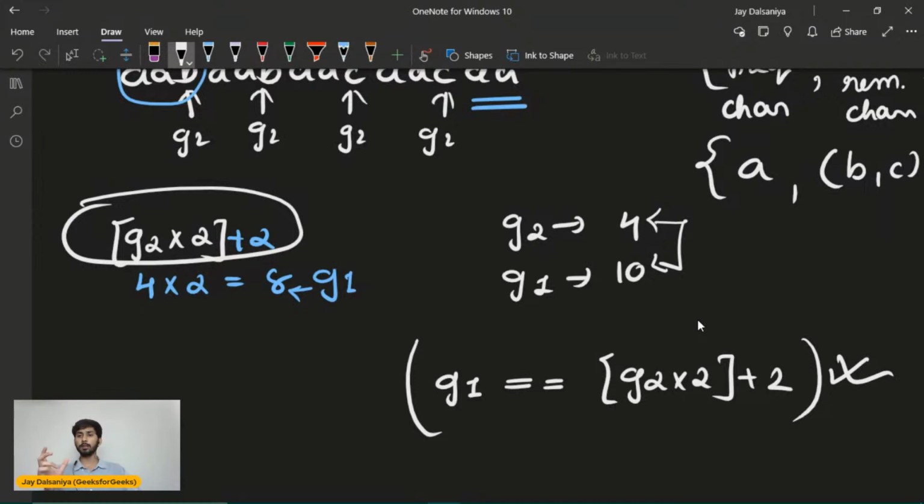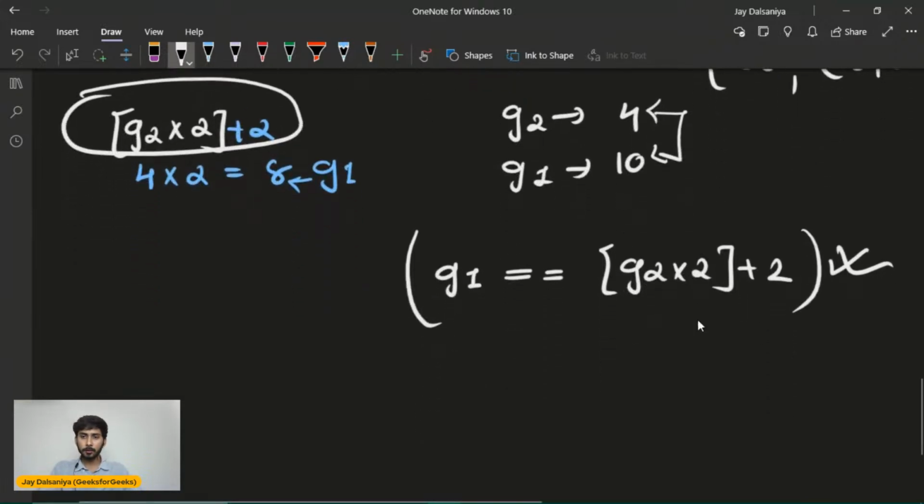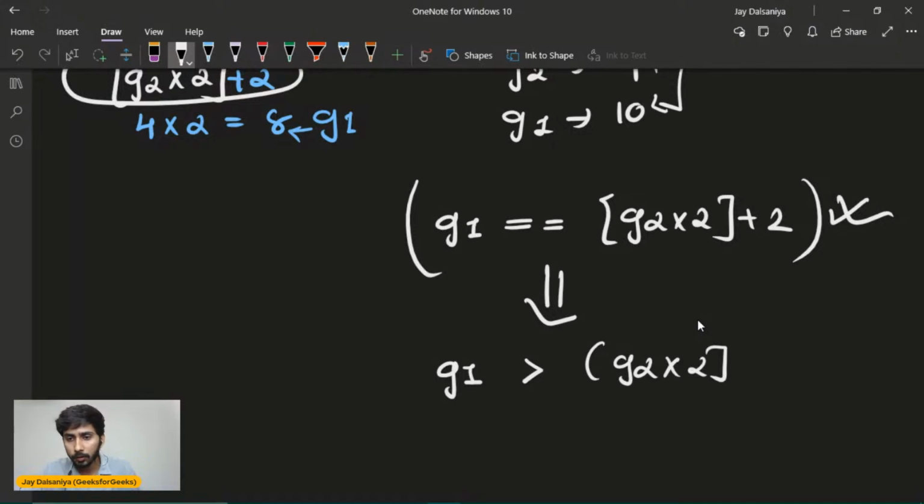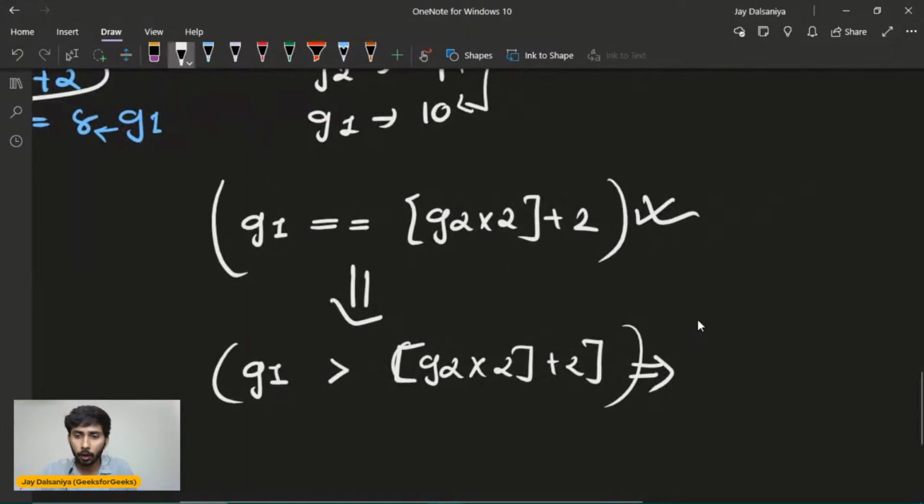So you simply need to focus on the character that is having the highest frequency and the other 2 characters which are having lesser frequency than the highest frequency, right? So we only need to focus on 2 different groups. Now from this you can figure out an inequality. If this is not the condition, then the output will be -1 always. So can I say that if the group number 1 value is greater than G2 into 2 plus 2, then the output is not at all possible. Then the output will always be no.